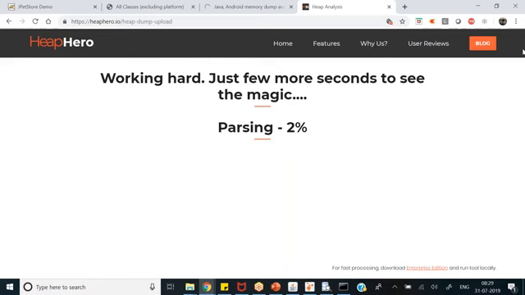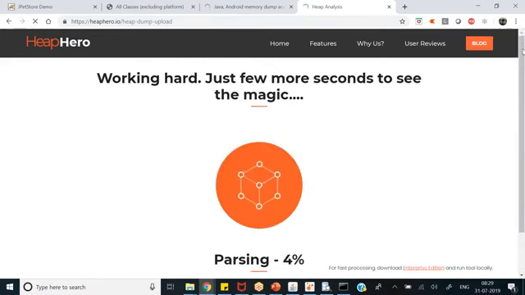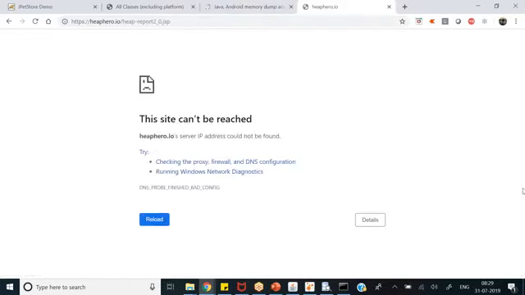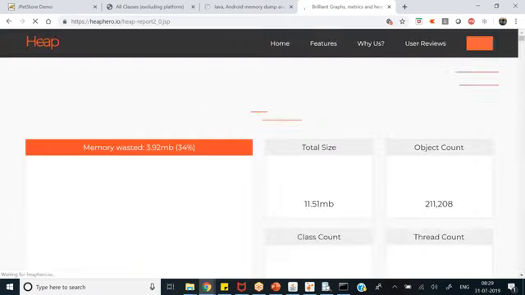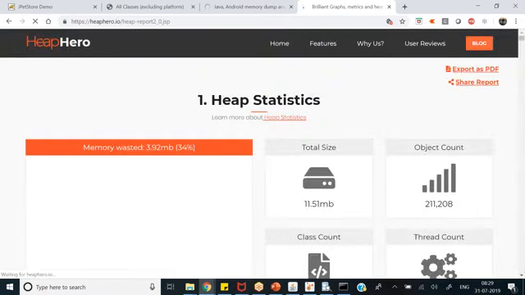Okay, just open. So this is the small heap dump that I have given. The other one is still processing. Now you can see it's parsing. Oh, the site got crashed. Okay, so no way, I will have it ready for the next session. Before we start the next session, I will keep it ready, and we'll see the different types of